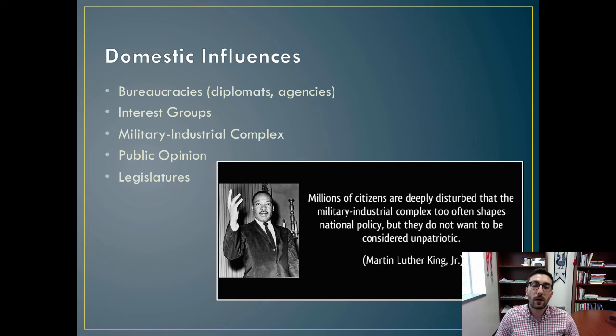Another, which was a term popularized by Dwight Eisenhower, is the military-industrial complex. And this is a whole network of government agencies, institutions, private actors that work to provide resources for our armed services. And so, for example, there was a book that I read years ago called Virtual War, and it talks about the role of, among other things, video game designers who are working in Florida to help provide training programs